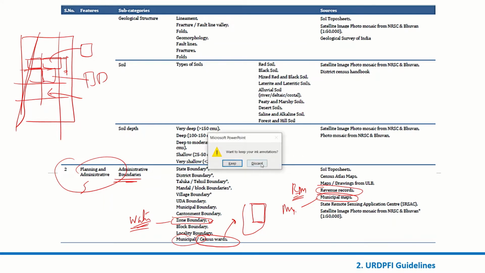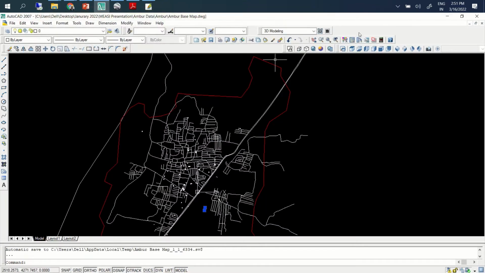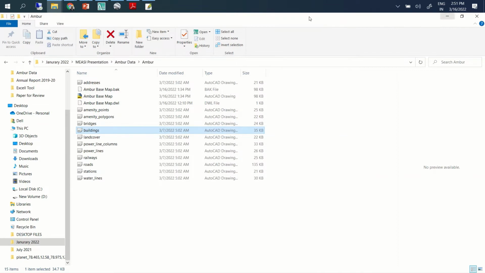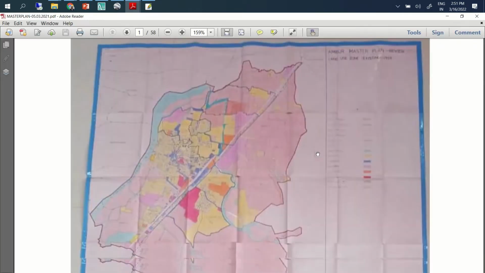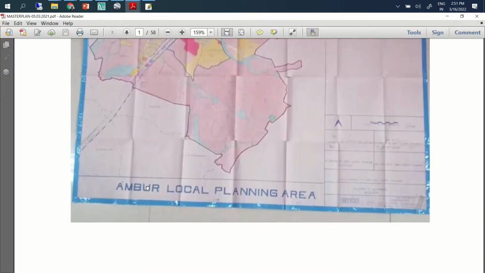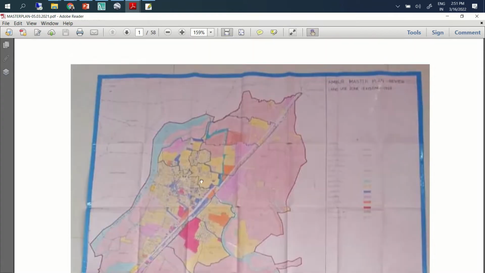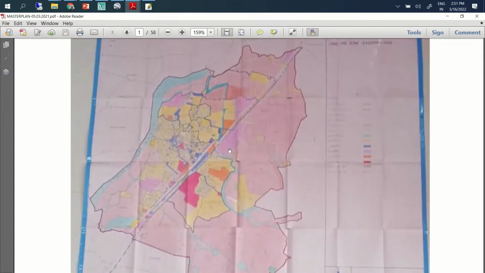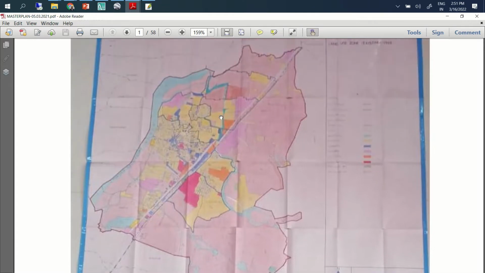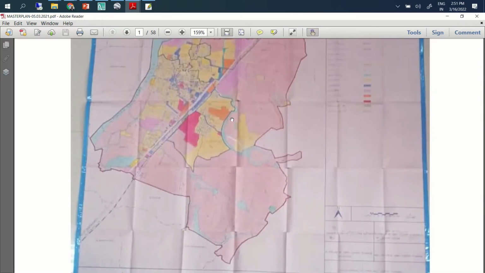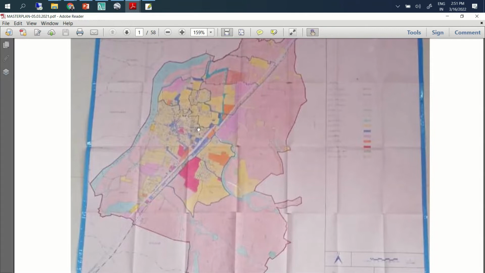Maybe I can show it now. I was just checking what information they have. So there is a map like this. This is for the town, for Ambur town. I think this is very rough information, but since it is there, that means they have access to drawings like this.